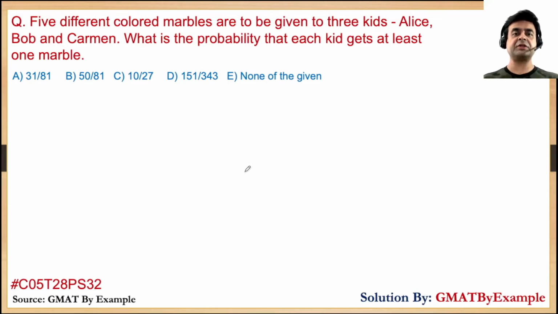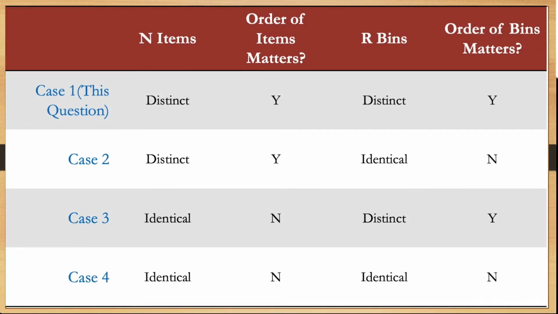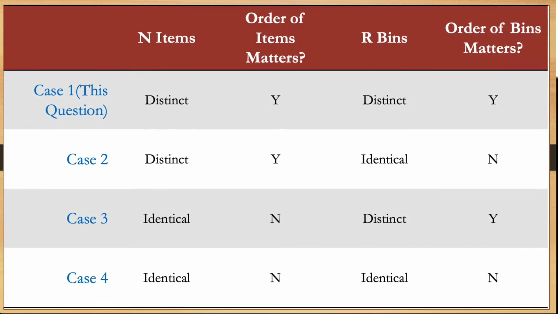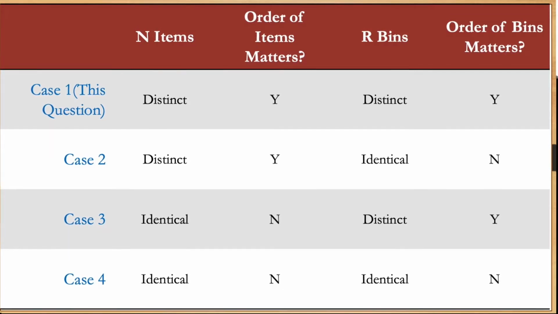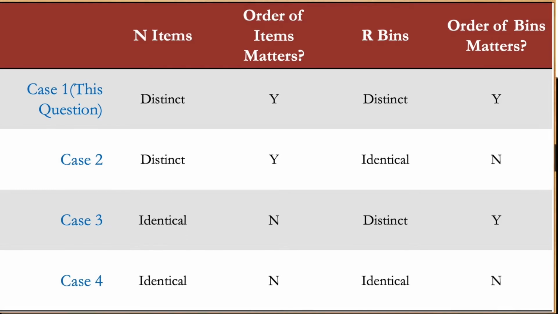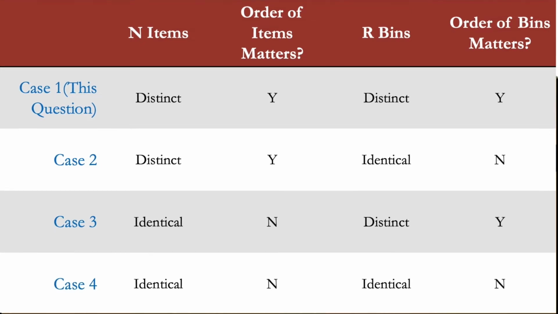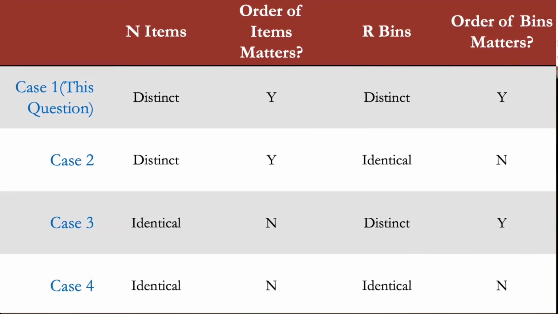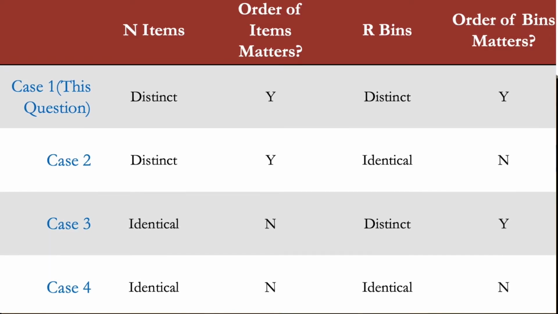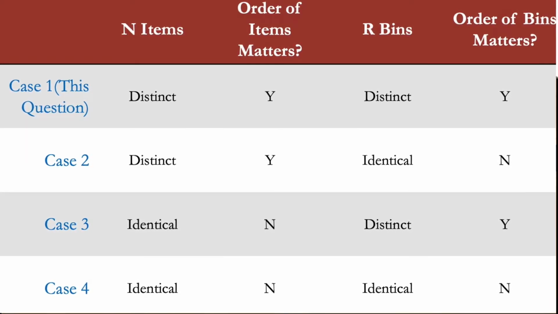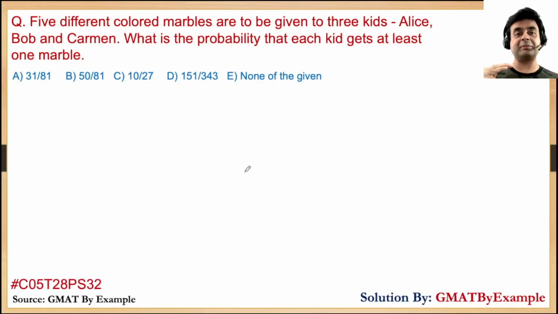It is called distributing n items into r bins. Now, there are possible cases. The n items that you are distributing are distinct, and also the bins you are distributing them into are distinct, which is the case in this problem. Then the other possibility is that the n items are different, however the bins are same looking. And finally, where the n items are same and also the bins are same, in which case order doesn't matter in either of the cases. In the next few questions during the probability week, we will touch on the other cases.